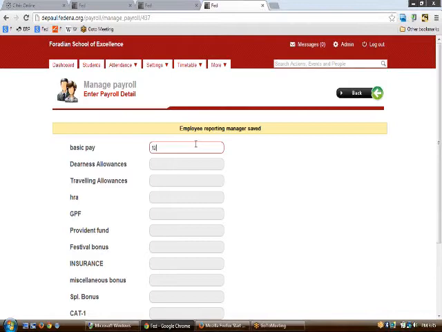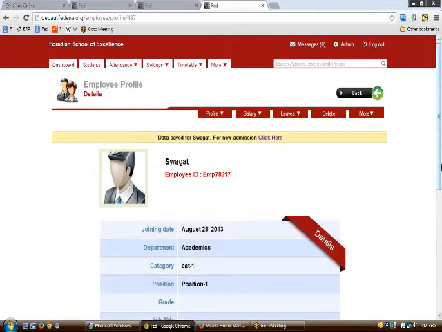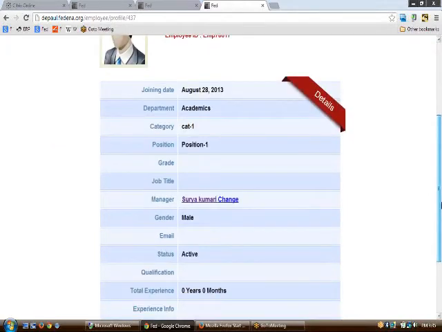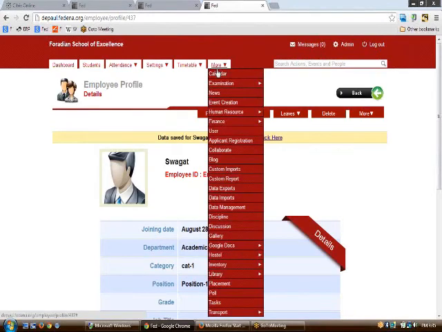where I have to enter the basic pay. As discussed earlier, only entering the basic pay will calculate the rest of the things for me, as I have my configuration set up in the HR settings so that everything is calculated by referring to the basic pay itself. So the rest of the things are calculated automatically once the basic pay has been entered. Hitting the finish button would give me the profile page of Swagat. So this is the way an employee has to be admitted into the institution.